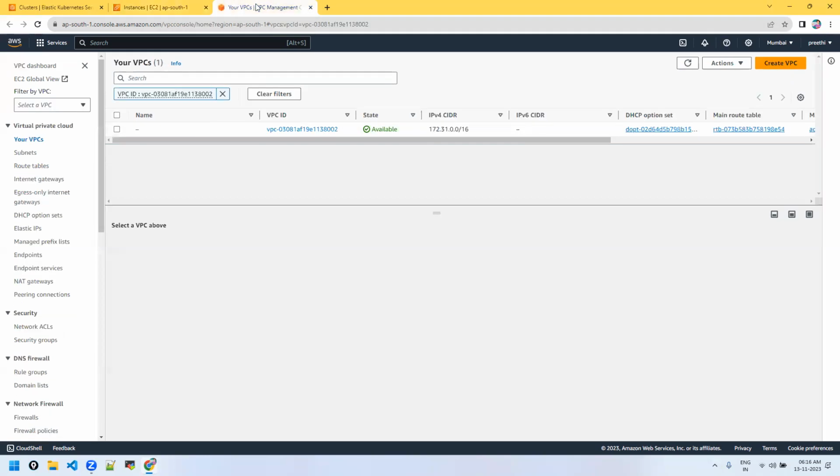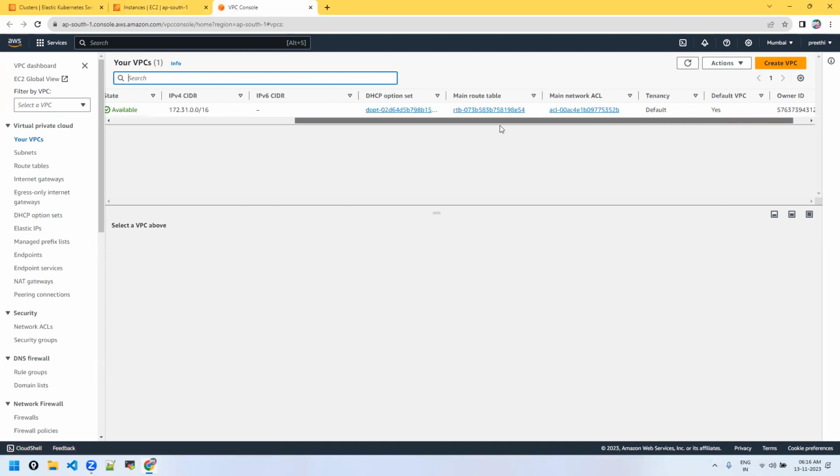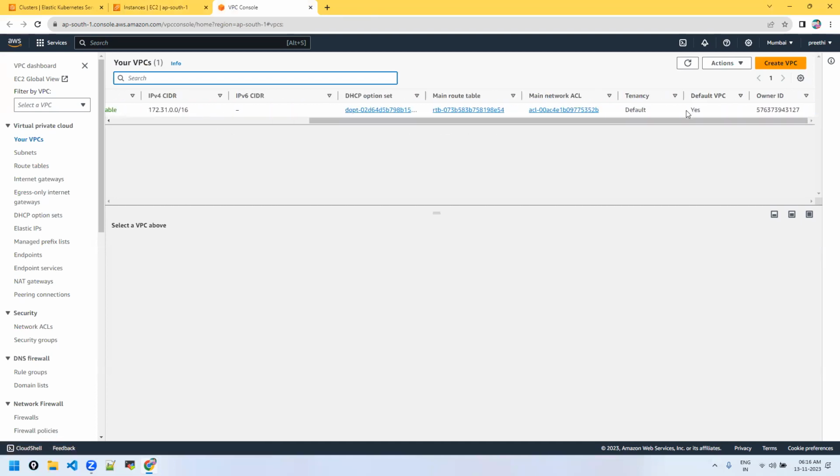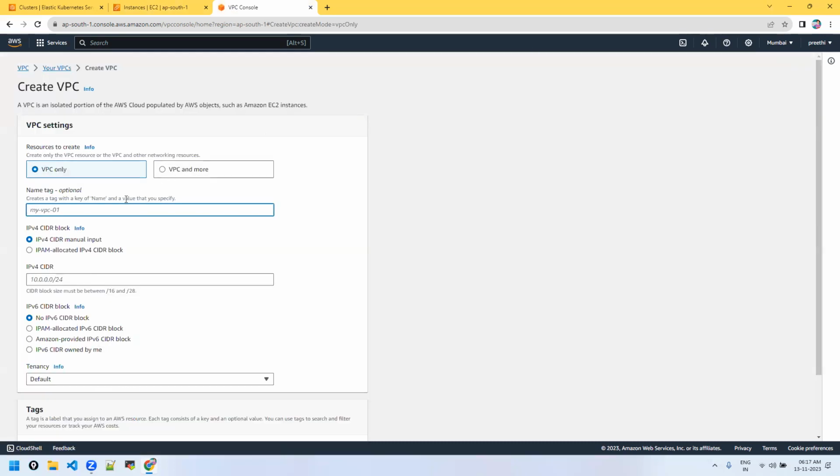First, let's create a subnet. Oh, sorry, VPC. You can see there is one VPC that's called the default VPC. Default is yes. Now let's create our own VPC. Let's say my VPC. Okay. So for the IP address range, it's showing some CIDR range